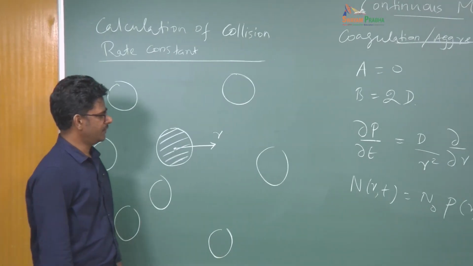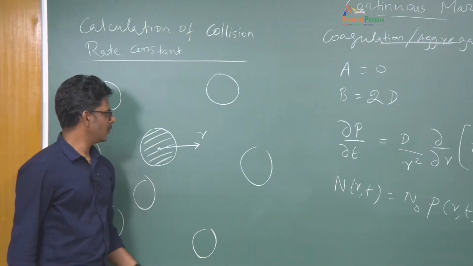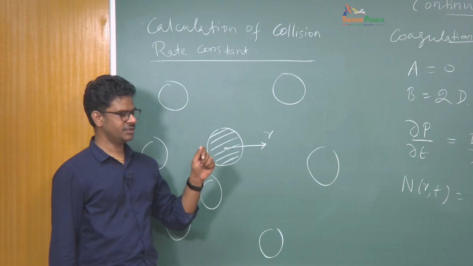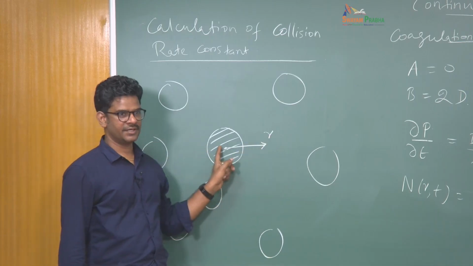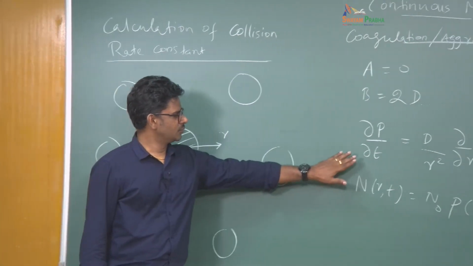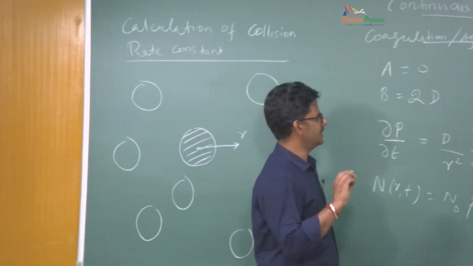So what we have got is the Fokker-Planck equation, and if I solve this, I will get the probability of finding a particle undergoing free Brownian motion at r at time t, starting from here. That is what this equation will tell you. But to solve this, we also need boundary conditions.